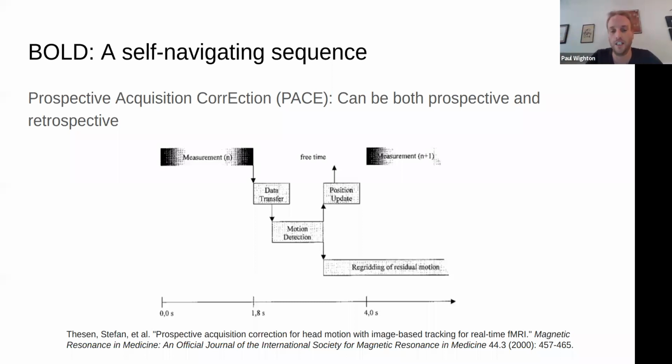But let's just start with one of the earliest and one of the simplest prospective motion techniques, and that's PACE with your BOLD sequence. If you're doing an fMRI acquisition, you're acquiring the same volume over and over again, every maybe 2 or 3 seconds traditionally, or now with these multiband sequences, less than a second. But the idea is all you're doing is acquiring the same image over and over again. So what PACE did very early on is it takes one of the volumes from your BOLD series,